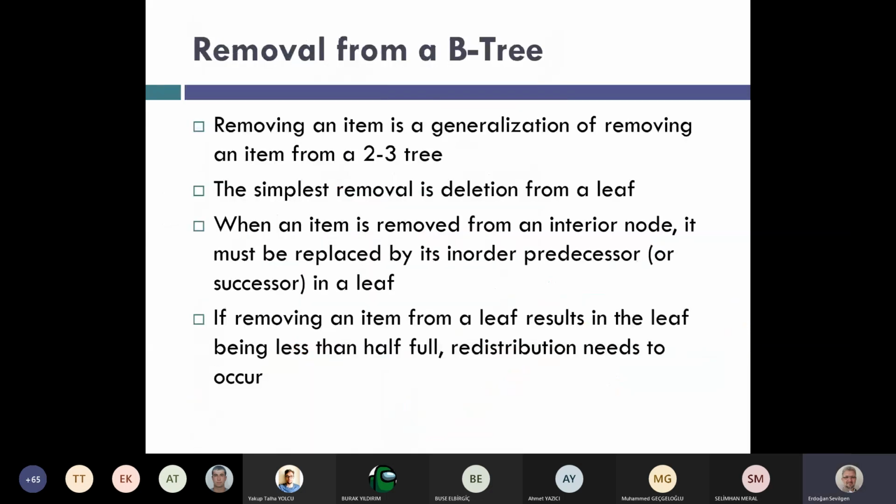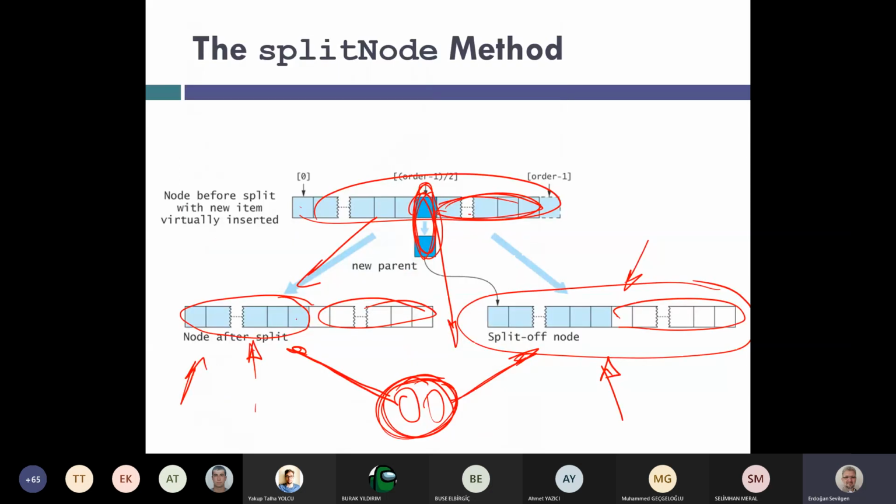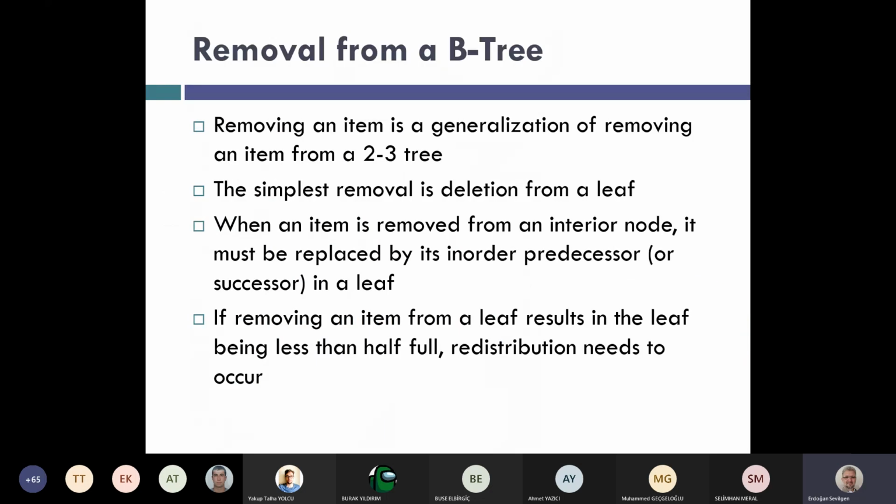Okay, this is the generalization of the insertion in the 2-2-2 tree actually. Before we talk about the removal process,